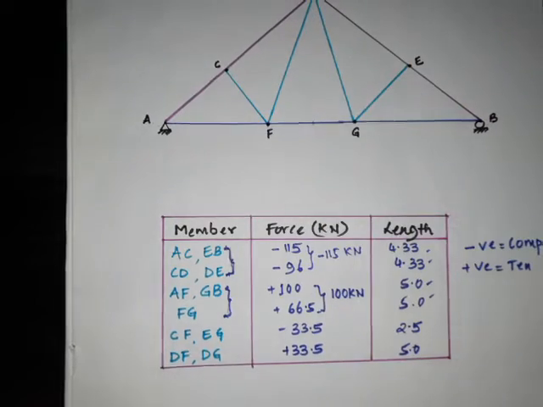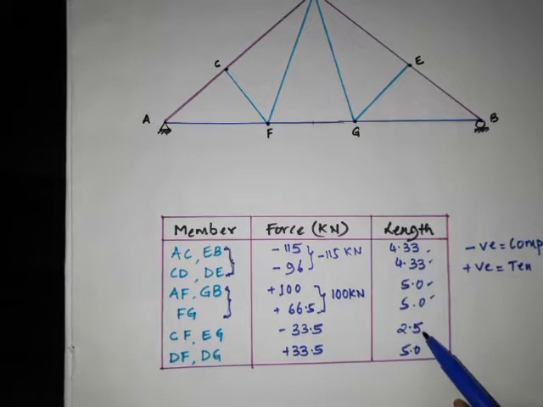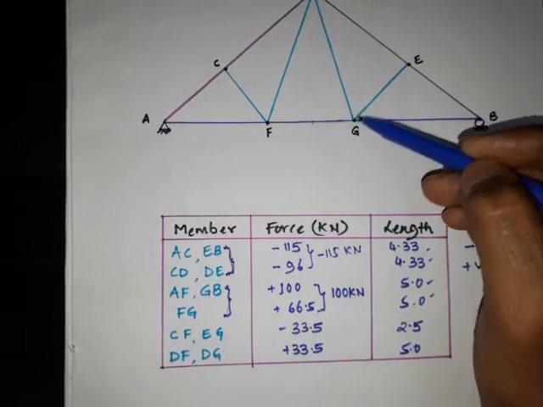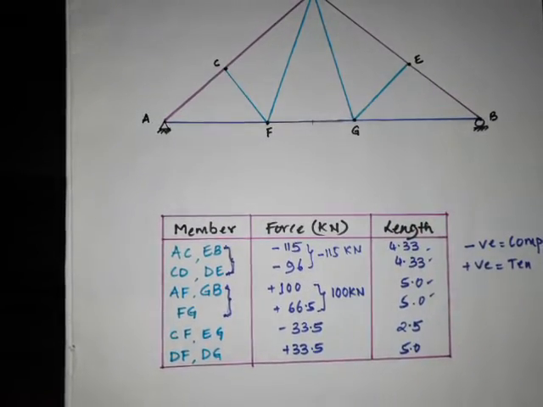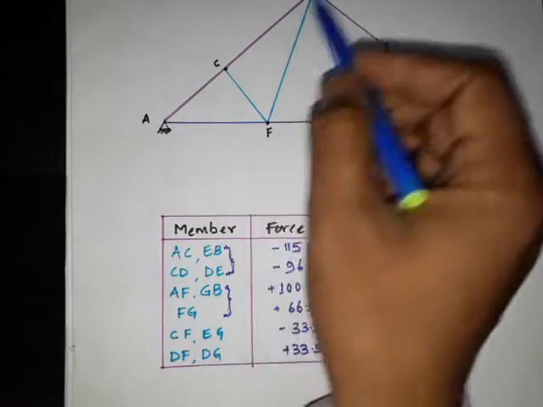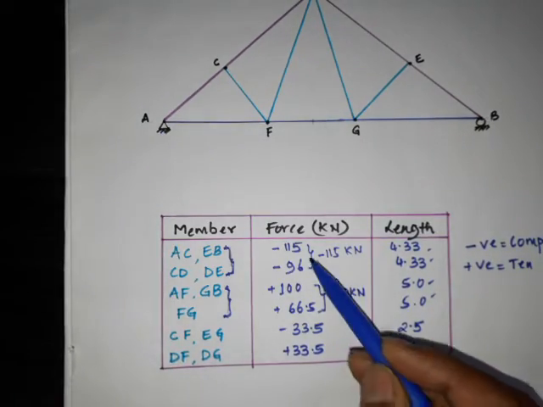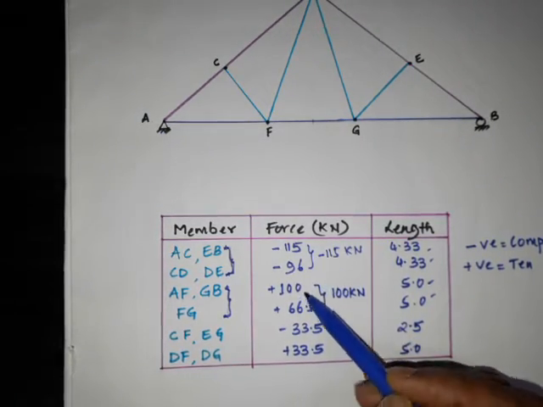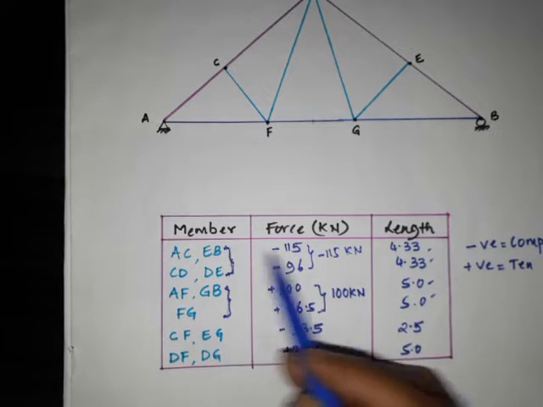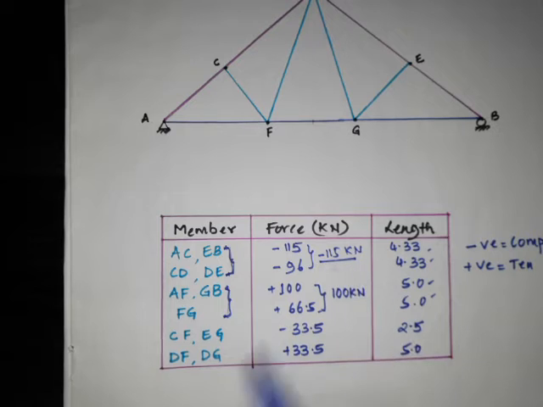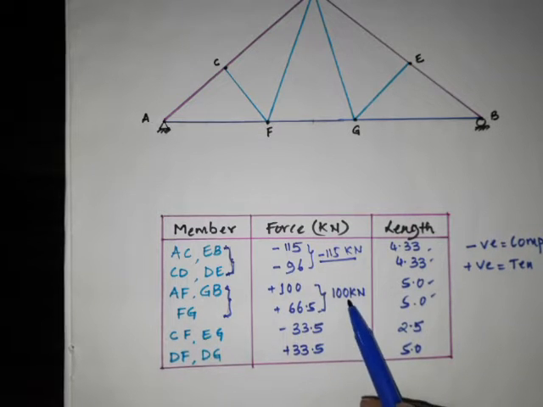So we can design individually because the lengths are different. For this we have 2.5 and for this we have 5 meter. So we have to design independent members for this. Only for the principal rafter and the tie beam you have to make a group and find out the maximum force. So the maximum force for the principal rafter we got is 115 kilonewton and for the tie beam we got